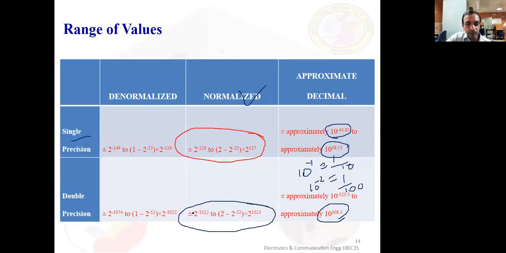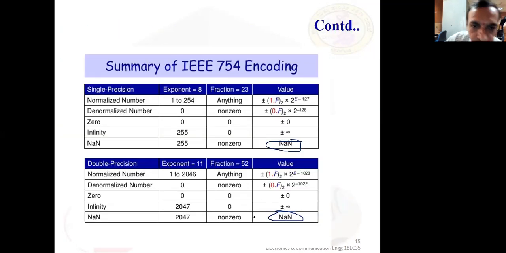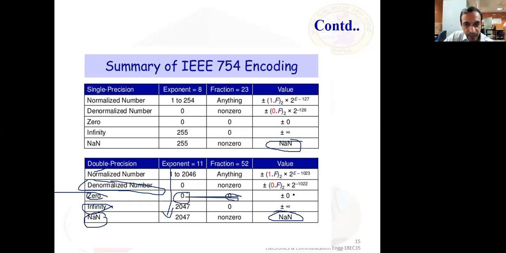Okay, so not a number you can see here, NaN, a special value. So this is a summary of this IEEE coding format for single precision and double precision. For this particular thing, exponent values, and so it's a denormalized number, normalized number, 0, infinity, and then NaN. So you can easily understand here. This first column is exponents, second column is the mantissa fraction. So 0 means all exponent is 0, fraction is also 0, sign bit can be 0 or 1, so it is plus or minus 0.